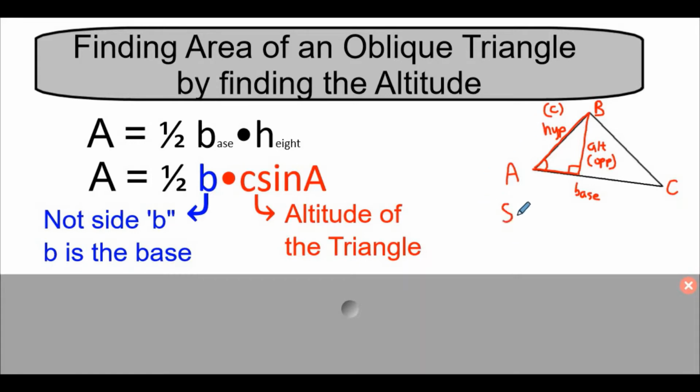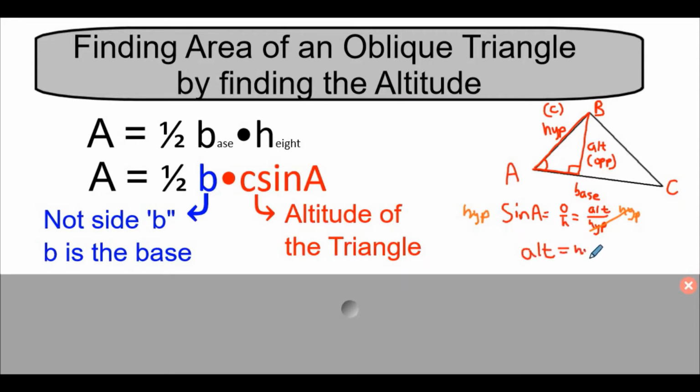So sine of A will, of course, be opposite over hypotenuse, but labeling it the way we did in this triangle, it's really the altitude over the hypotenuse. And if I want to solve for the altitude, because that's the whole point of the problem, I would multiply by the hypotenuse, getting rid of the denominator, giving me altitude. And so the altitude will come out to